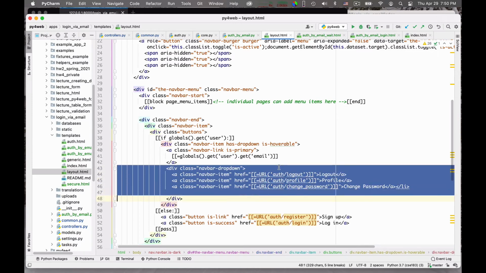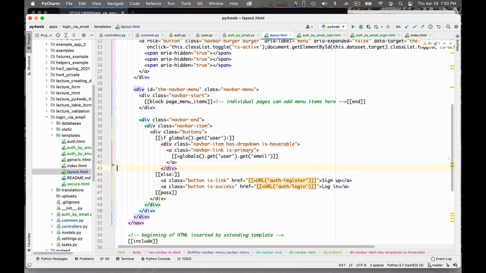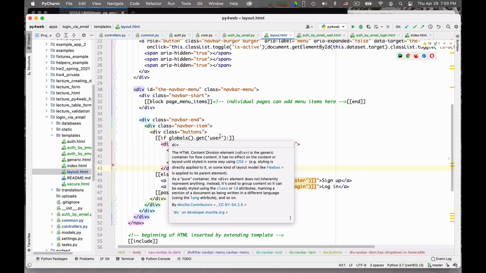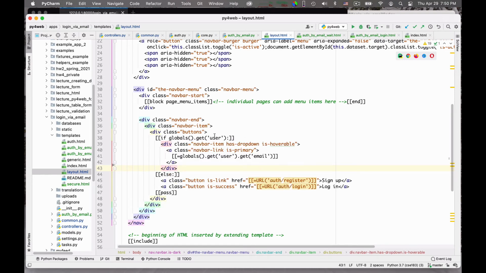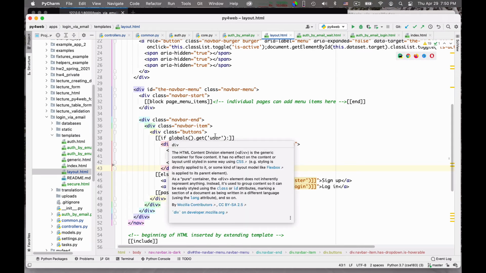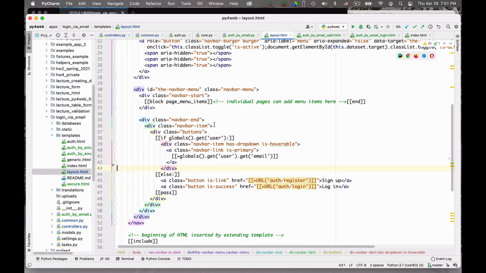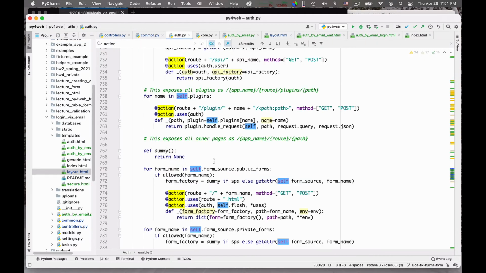All these go away. Now, the other thing is this. So if globals get user, I wonder if this will work. So we need to create a user object that is injected by auth. We need to reproduce the step of auth that injects in the global the user object. So let me see how it is done a moment, okay?